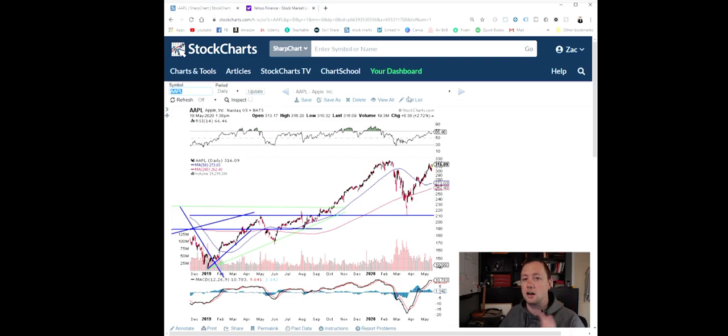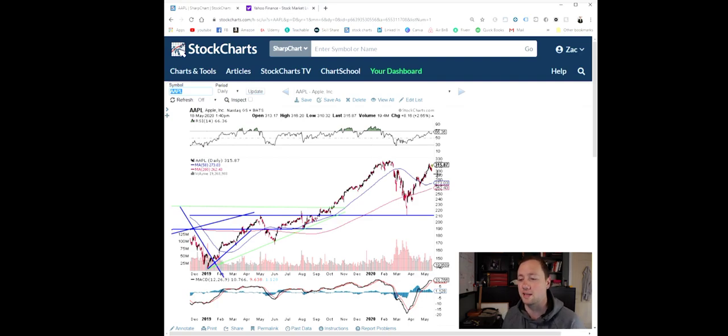This is just based on alphabetical order. It's not broken down by industry or anything else. It's simply alphabetical. So we've got Apple pulled up here, and this is really interesting. We had a lot of patterns coming up in early 2019 and about halfway into the year, and then we saw this big rapid growth all the way up to that 330 mark, and then COVID hit and it brought this stock all the way back down to almost 210. We went from 330 down to 210, and if you look at this chart now, we are back up to about